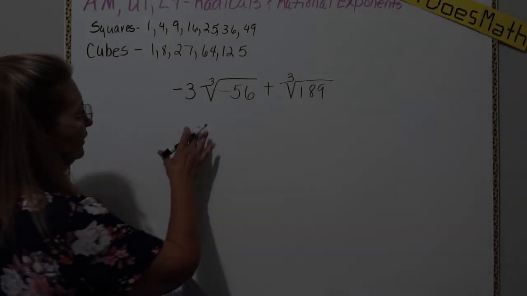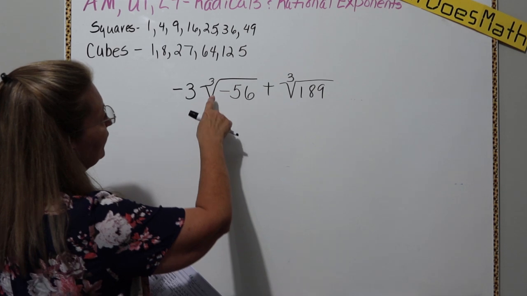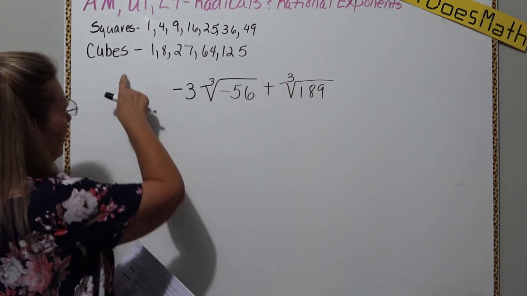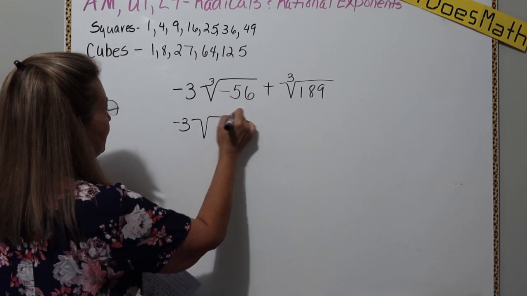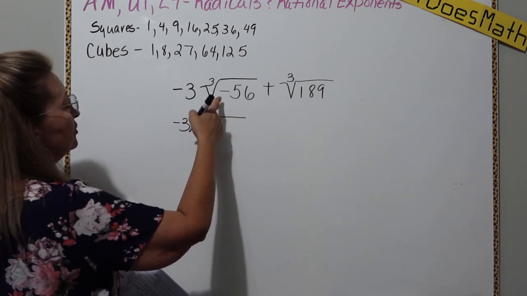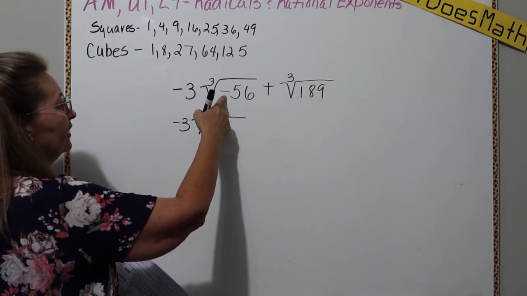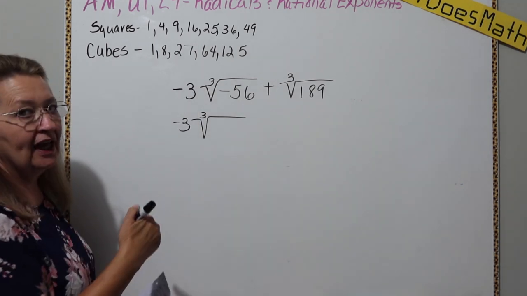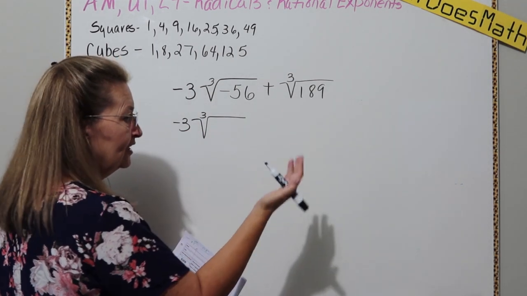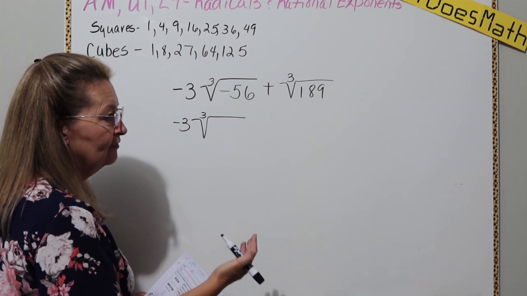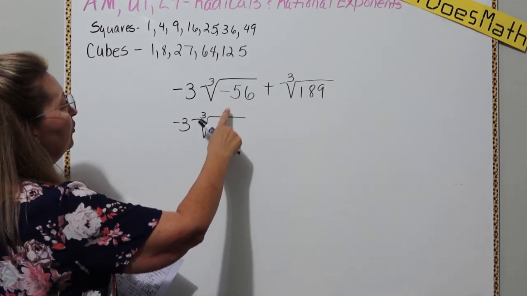Okay, here's example number 9, and we're dealing with cube roots this time, so we're going to be looking for these numbers. Now I look at the first one and I say, when you take an odd root of a negative, you're just going to have a negative when you come out. Like negative 1 times negative 1 times negative 1, you reclaim that negative. So what would be a